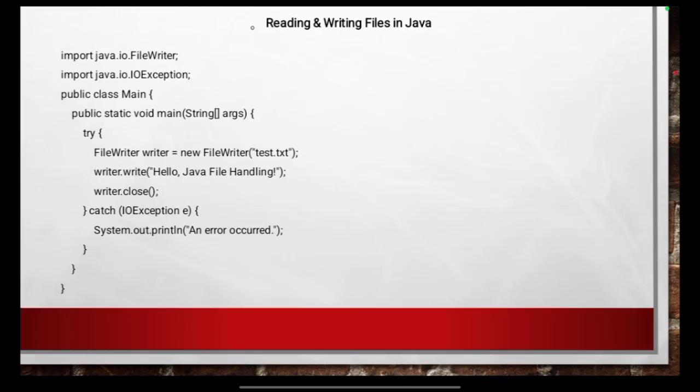Once writing is complete, we close the file using the writer.close method, which is a crucial step. Closing the file ensures that all data is properly written and the system resources are released. If any issue arises during these operations, such as lack of file permissions or disk issues, an IO exception is